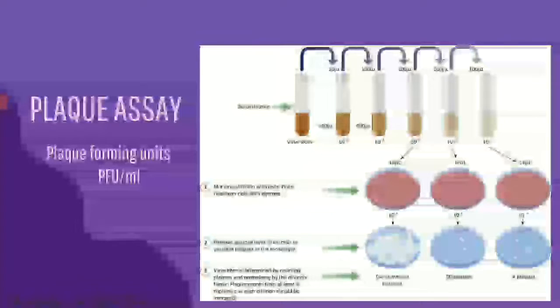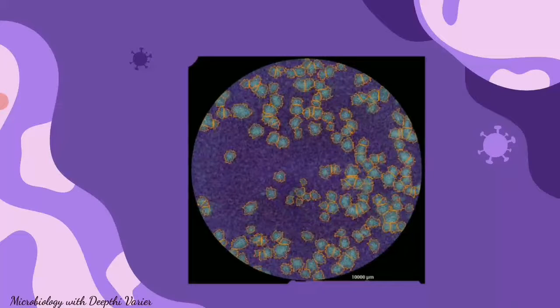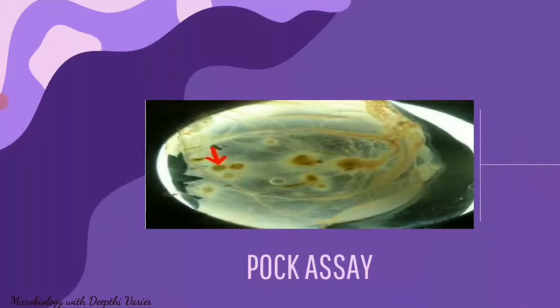So this is a very popular and standard method for viruses which show an apparent infection. Hence it is called an infectivity assay. As you can see over here, this is just to show you one plate which has been stained with crystal violet, and the clear zones seen here are the plaques that are present. There are several modifications to this plaque assay as well. We have the focus forming assay, we have the endpoint dilution assay. All of these assays are also used for the counting of viruses.